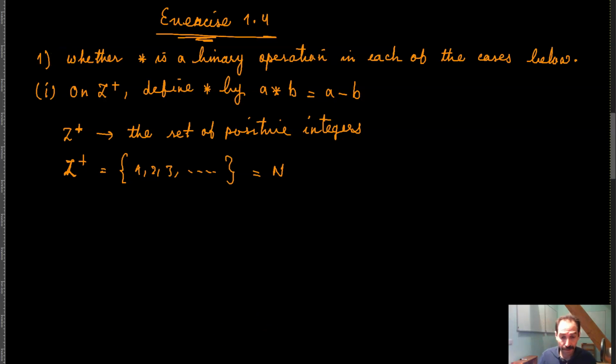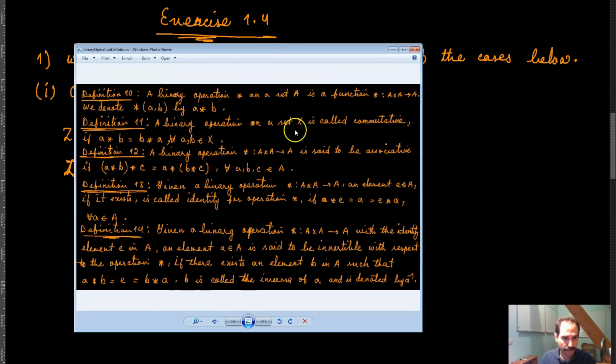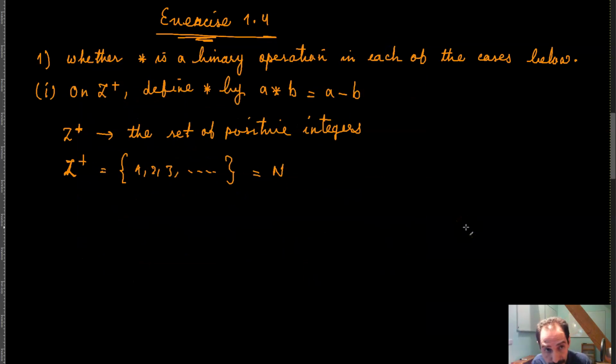Okay, great. So basically here are our definitions, everything that we had, 10 through 14. So now we can see what we had here. Exercise 1.4, we said that we want to know whether star is a binary operation in each of the following cases. And part 1 of this question was on Z plus, which is basically the same thing as natural numbers. Define star by a star b is equal to a minus b,